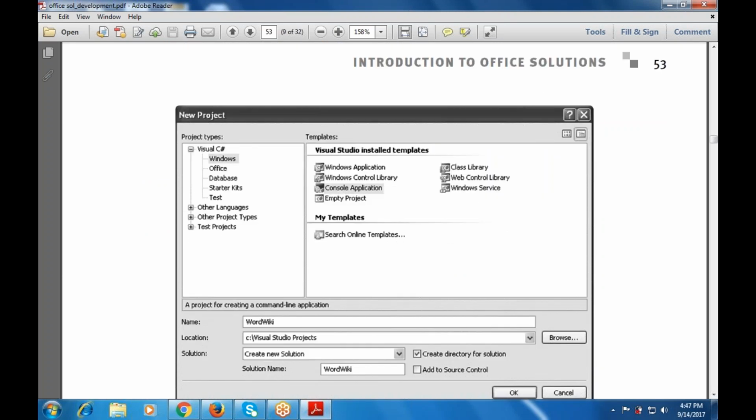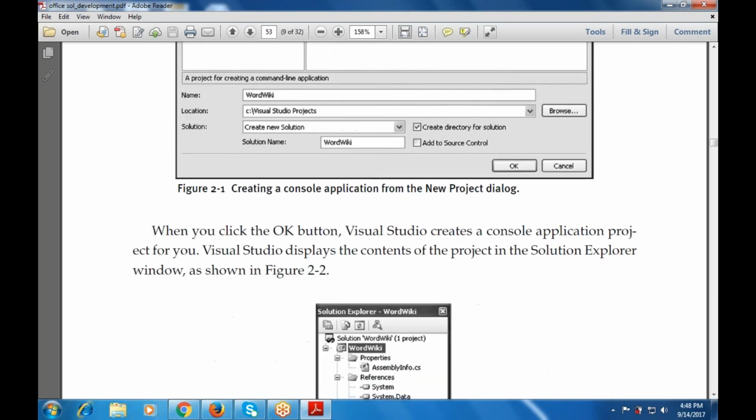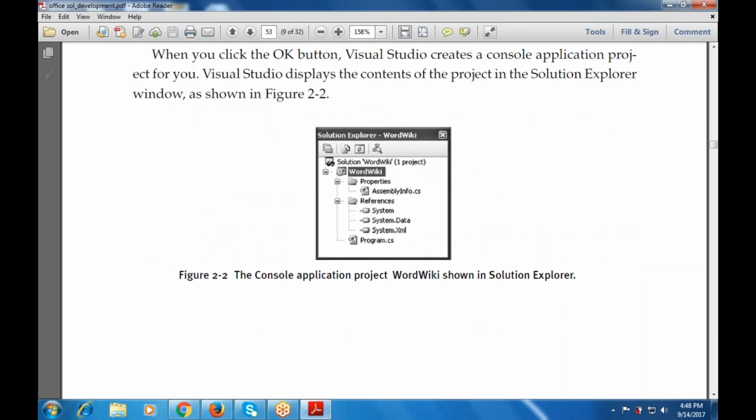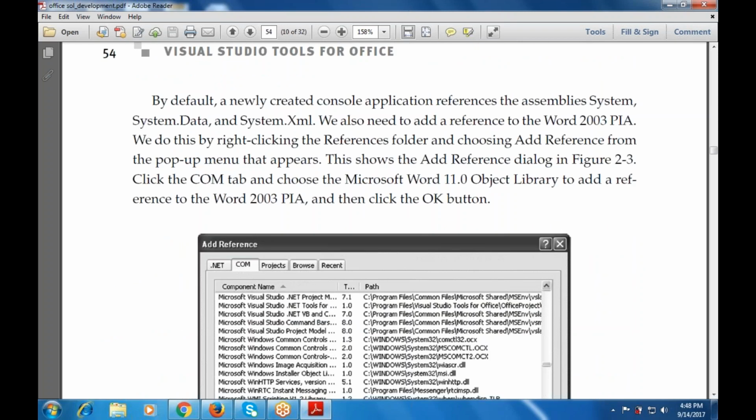Now next is the New Project dialog with C# Windows: Console Application, Class Library, Web Control Library, and so on. The OK button creates a console application project for you and displays the content of the project in the Solution Explorer window. By default, a newly created console application references the assemblies System, System.Data, and System.Xml. We also need to add a reference to the Word 2003 PIA, and we do this by right-clicking